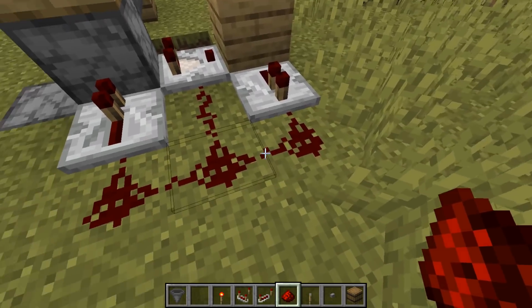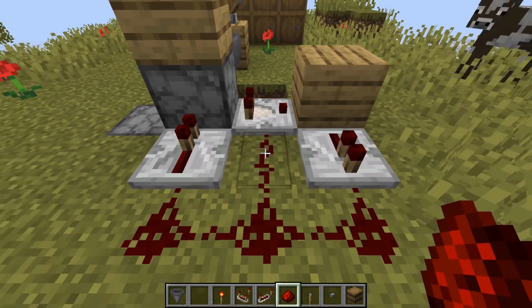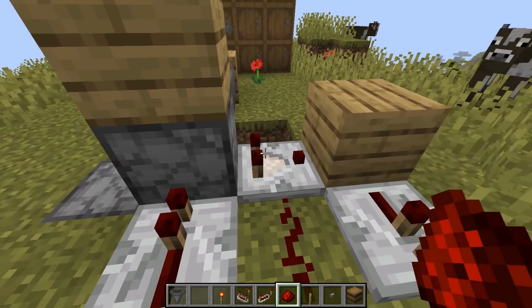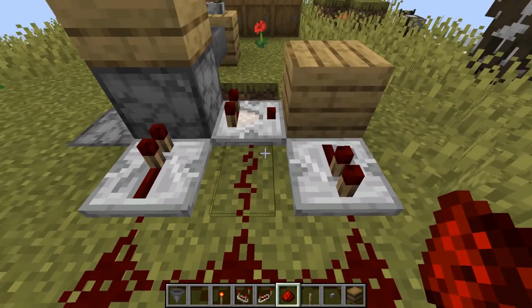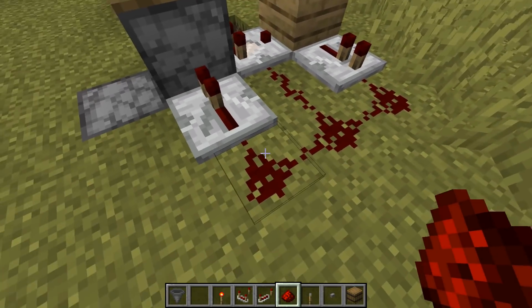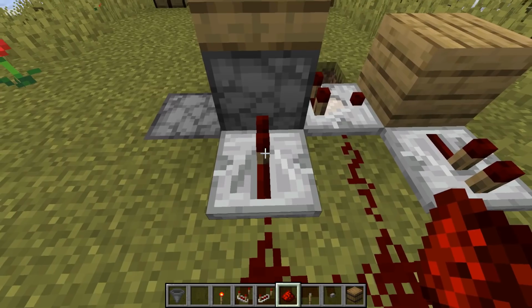That means that signal will go into the side of the comparator. The comparator will compare the strength of the signal between it going into the side and coming out the back. And because it's got a different strength, it will decrease the signal of the redstone and ultimately turn itself off. That will turn this redstone line off, which will mean that it will create a pulse going through this repeater